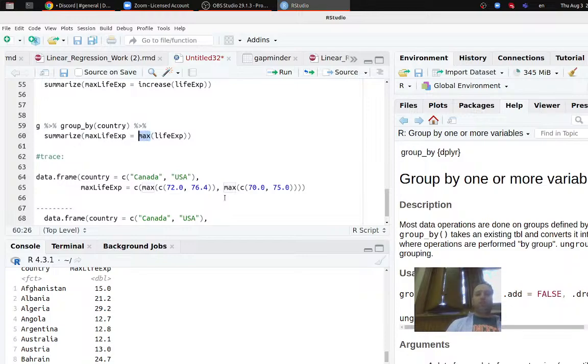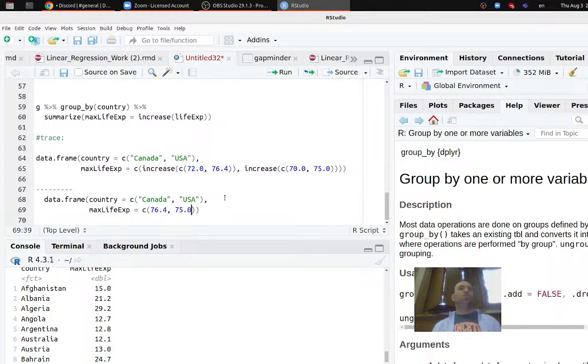So here we now say increase, and now the trace is going to be, instead of max we'll say increase. And increase is now a custom function, so max we just wrote out immediately. Increase I want to actually trace. So how do I trace that? Well, instead of increase